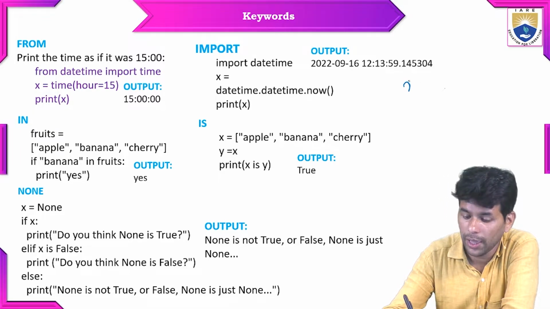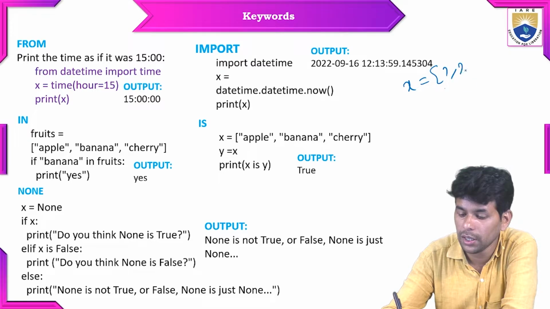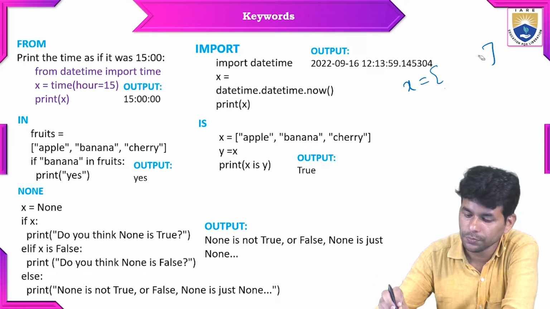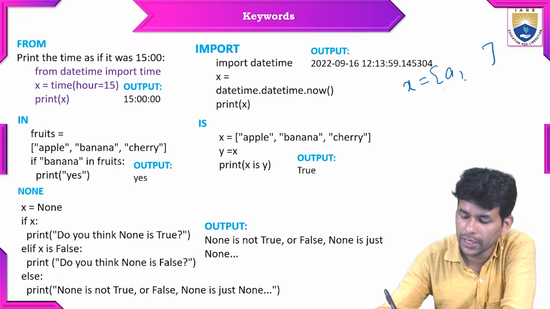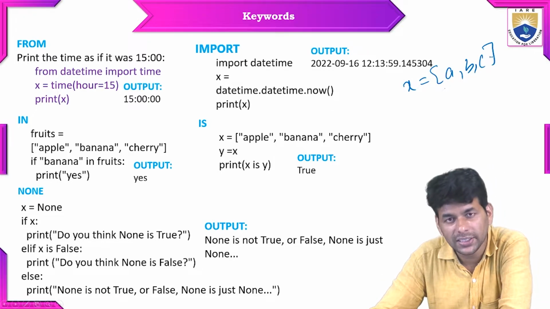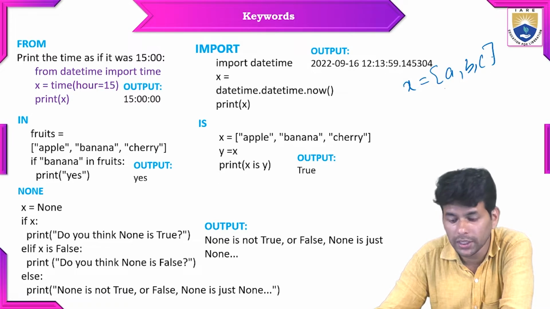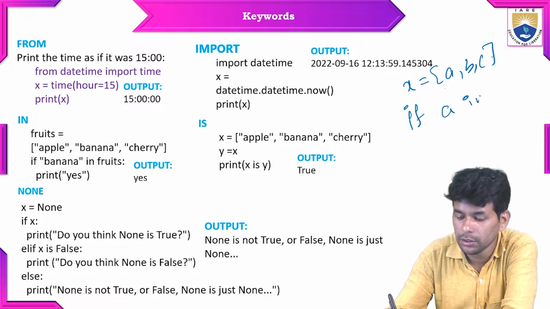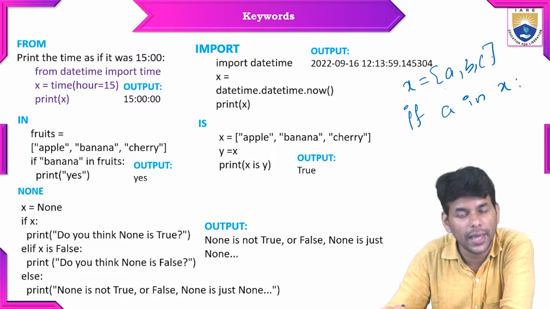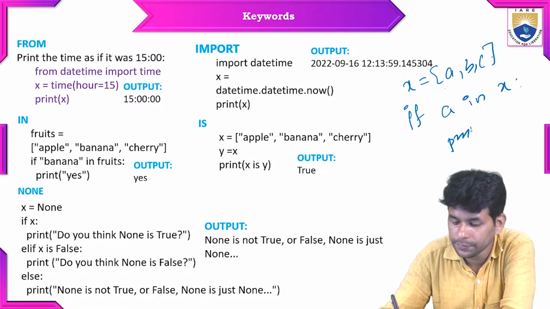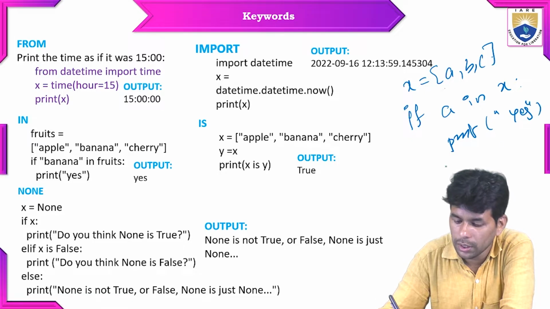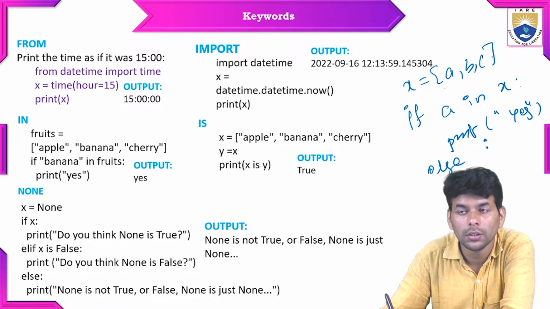Let us take here x equal to 1, 2, 3, or else x equal to a, b, c. That means x is an identifier which is used to store a list of items, a list data type here. Then I will check if a in x. If a in x, then print yes, else print